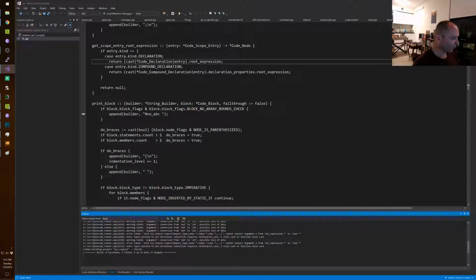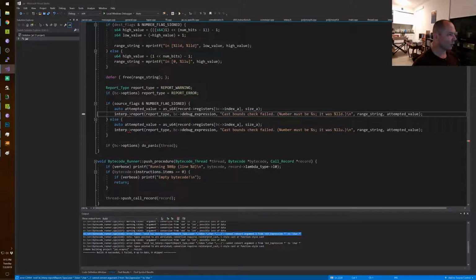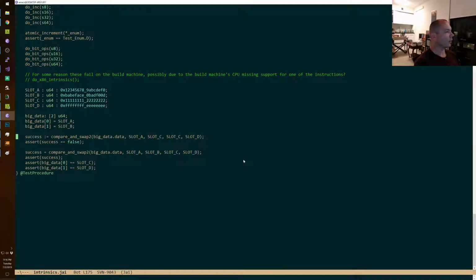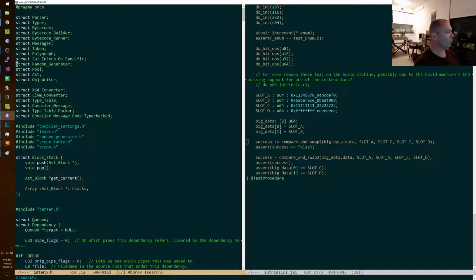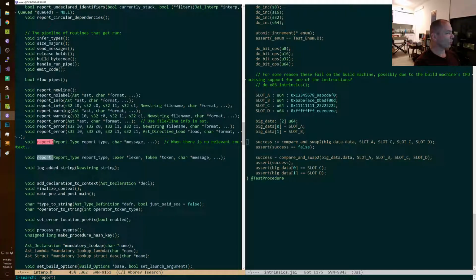What was it? Wait, what? Did I not correctly compile since I did this? That would mean our entire non-fatal doesn't work correctly yet. Report type Lexer. What? Do I not have the overload that I want? Report type message.